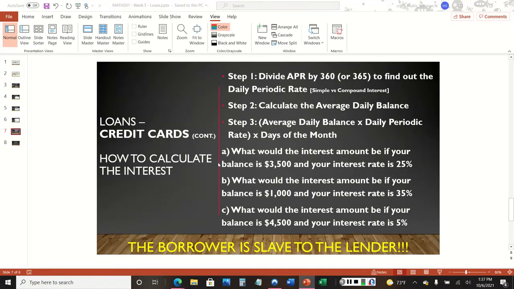So each billing cycle provides you a grace period, which means that you don't incur interest on purchases made within that billing cycle if the bill is paid in full by the due date. The outstanding balance is the accumulated amount that hasn't been paid. So if you're not paying the bill off in full by the due date, you're going to have to start worrying